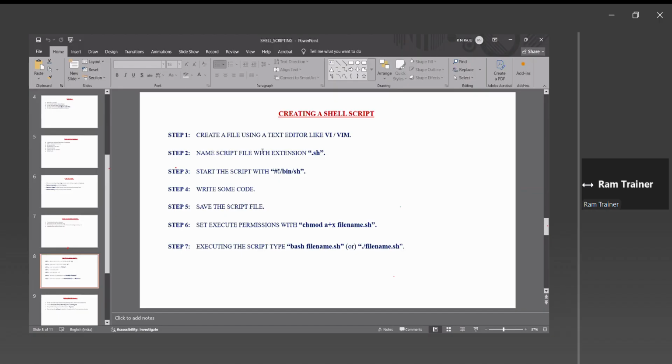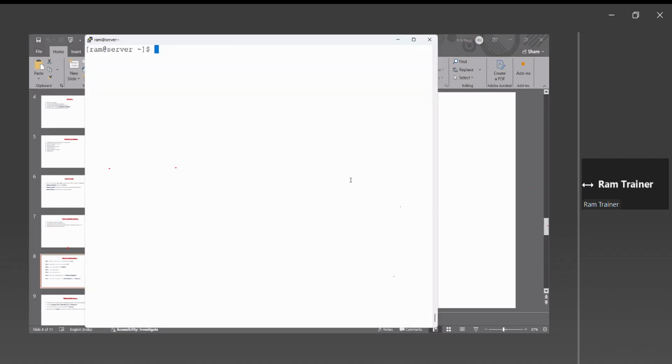Remember, the first step is to create a file using a text editor like VI or VIM editor. You know that visual interface mode, by using VIM, people make a text file. So first, create one text file. The best idea is that the script file extension is .sh. I mean, open or create a file by using VIM. Okay, my script name is